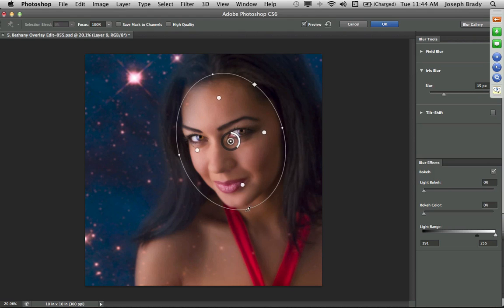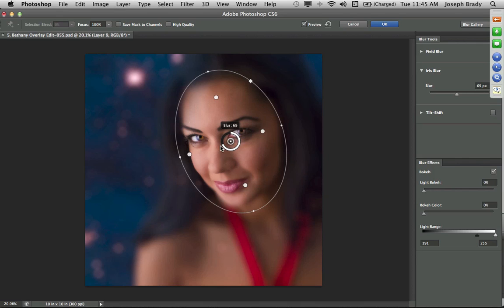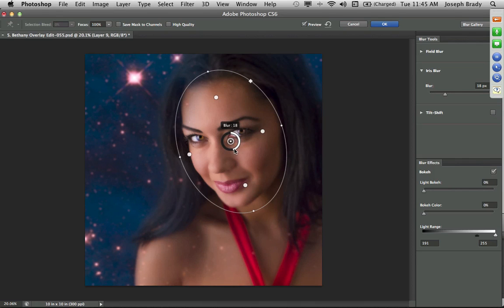And you can also move the individual points inside. So for example, if I click all of them, they move together. If I hold down Alt or Option, then I can move just one. So if I want to make sure that, for example, that left eye stays sharp, I can do that. I can also again control how much blur is happening outside of the circle that we've created. We'll do